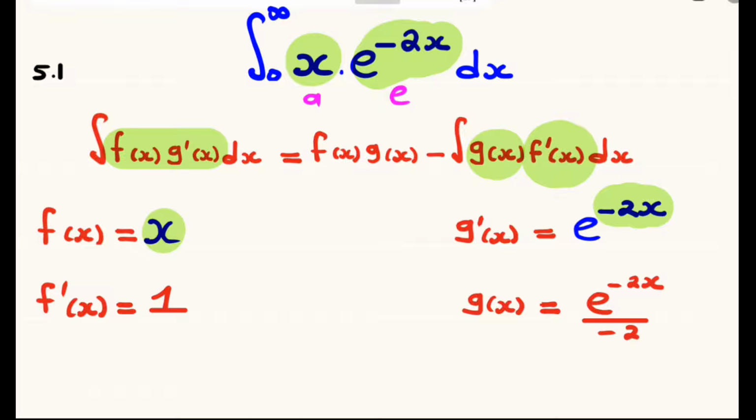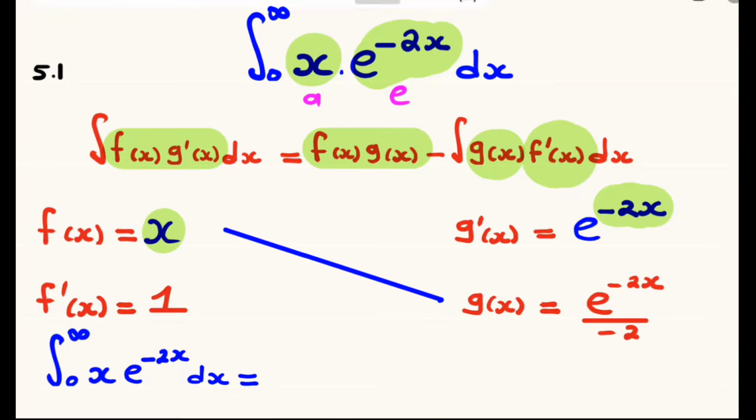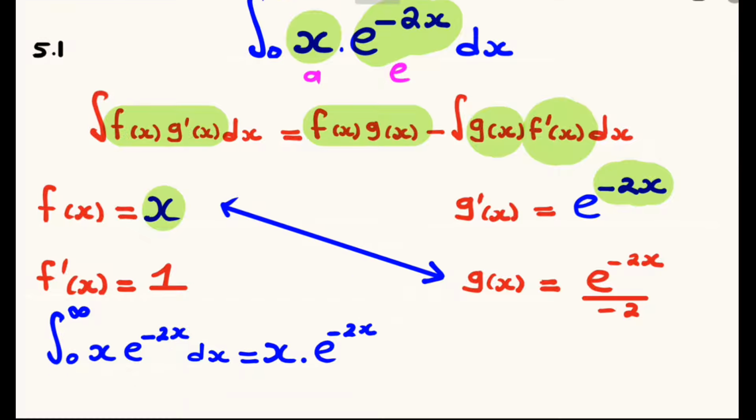So now we can substitute. We have the integral from 0 to infinity of x multiplied by e raised to the power negative 2x dx, which will be equal to the f of x multiplied by g of x, and our f of x is equal to that x, and our g of x is equal to e raised to the power negative 2x divided by negative 2. So you have x multiplied by e raised to the power negative 2x divided by negative 2